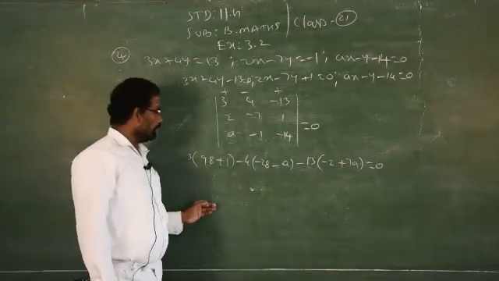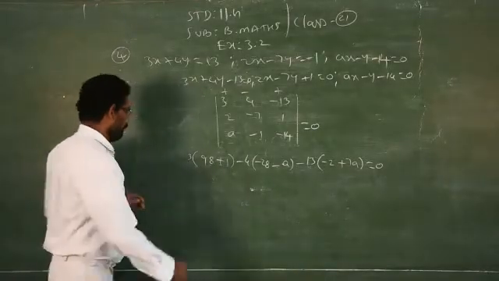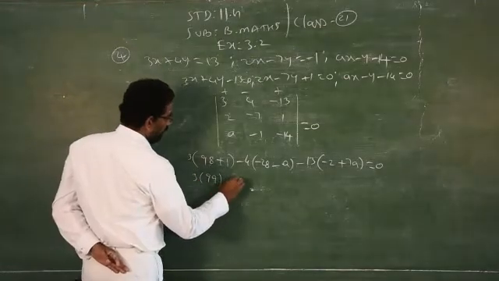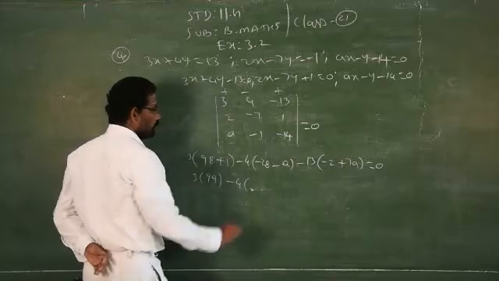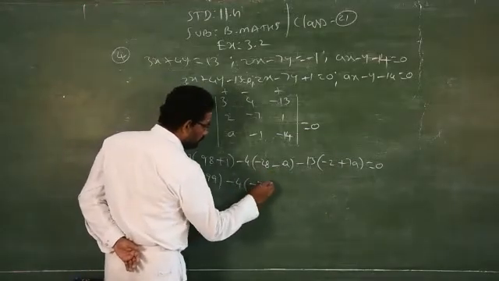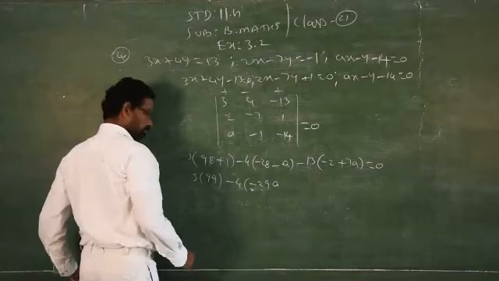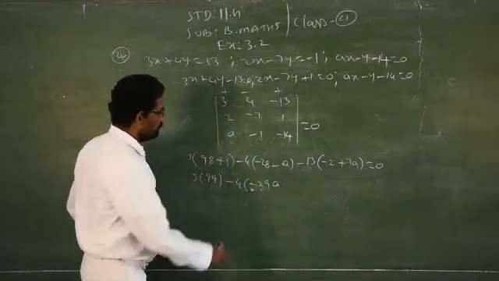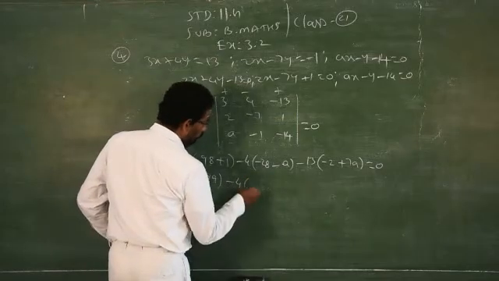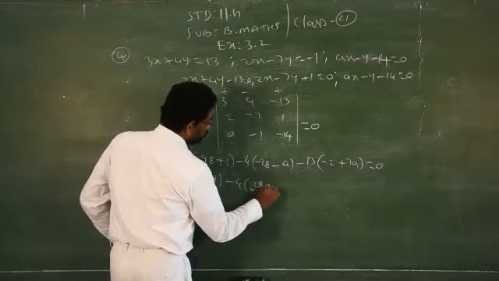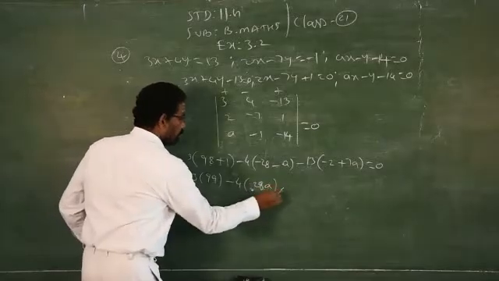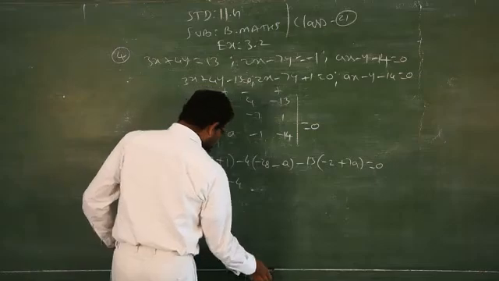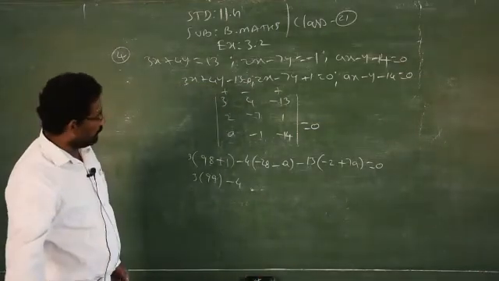So what we have to do now? Just simplify. 3 into 99 minus 4. Don't simply add these two because some of the boys will write 29a. Some of the boys will have the temptation of adding these two, they will write minus 29a or they will write only 28a. Both are wrong. So be careful, you can add or subtract only with like terms, not with unlike terms.